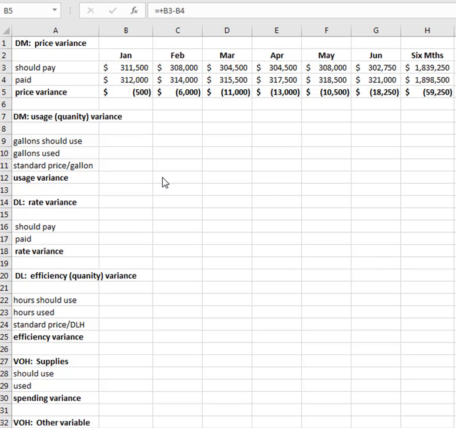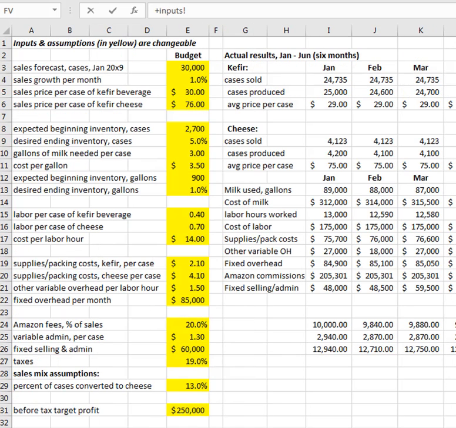So there's probably something to talk about in terms of the price of milk. All right, now let's talk about usage. How many gallons should they have used? Okay, so now we have to go over here and figure out what was